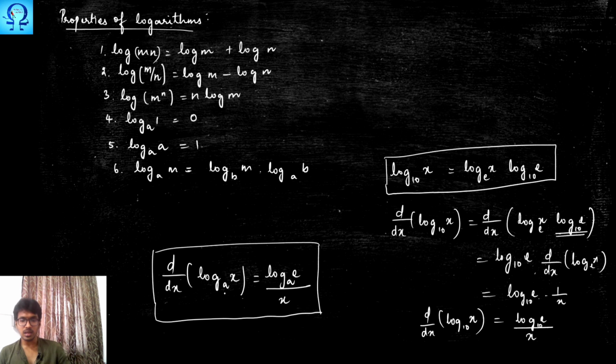If you have e in this place, you will have e here. So log e to the base e is going to be 1, and that is what we get here. So now you might have got the generalization of the derivative of the log function. You don't need to remember this. If you know the idea of changing the base, you can always get this formula. We will now work out a few problems which make use of the product and quotient rule.